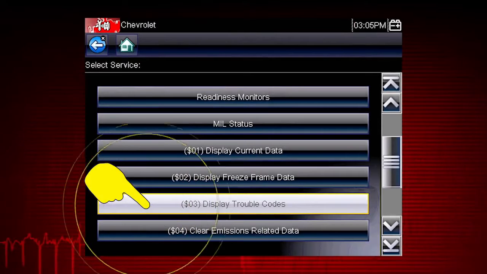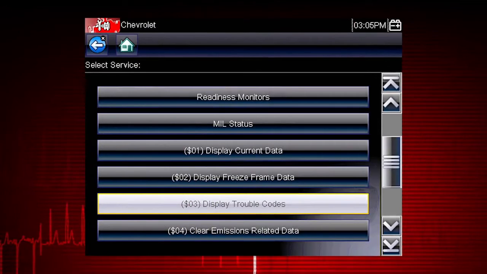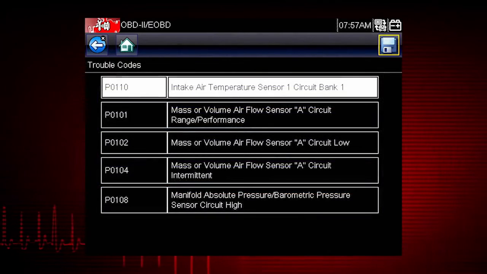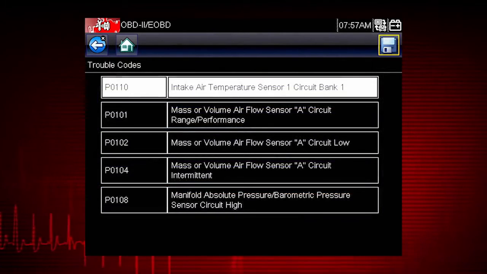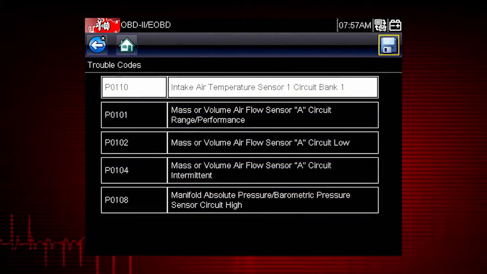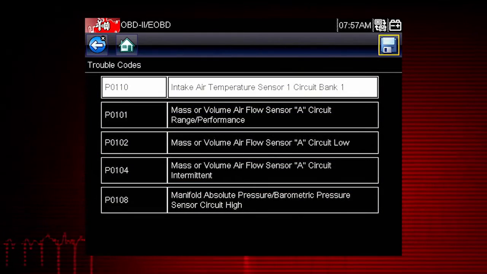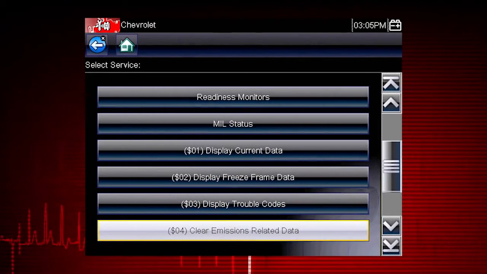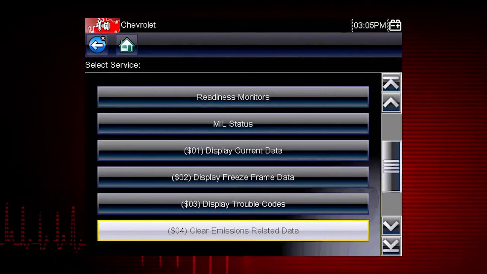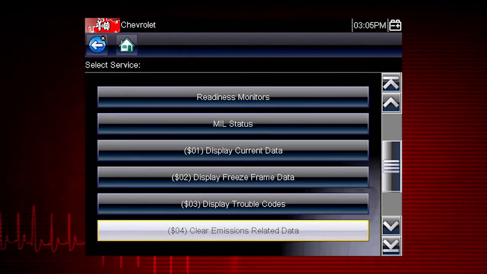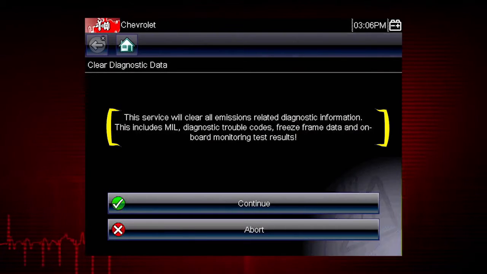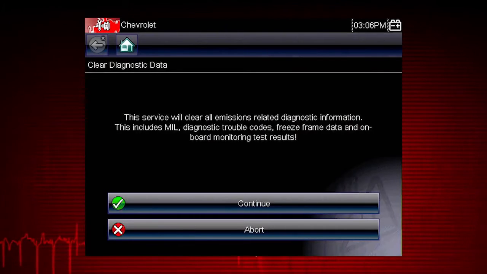Mode 3 displays the OBD-II trouble codes currently set by the vehicle. OBD-II fault codes are standard for every vehicle manufacturer. The code definition is also shown on the right to explain the meaning of the code. Mode 4 provides an easy method to turn off the malfunction indicator lamp, or MIL, after a repair. Caution: this also clears freeze frame data, pending codes, and readiness monitors, so this should usually be the last step